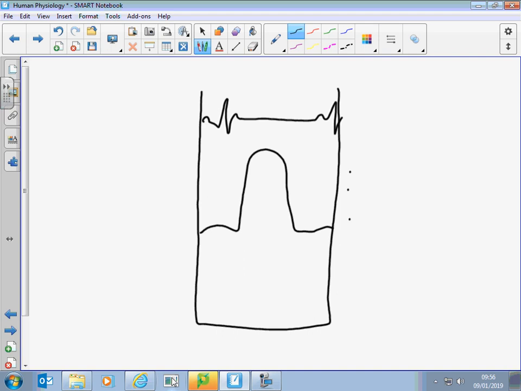So if we now put the aorta on here, I'll put this in as a red line, its pressure was falling between beats, and then as the ventricle begins to contract, of course, it really just becomes an extension of the ventricle. So you can see that the pressure in the aorta is going to be pretty similar to the pressure in the heart as the ventricles contract. Why wouldn't it be? Ventricle contracts and pushes the blood out, so you've got the same pressure in the aorta.